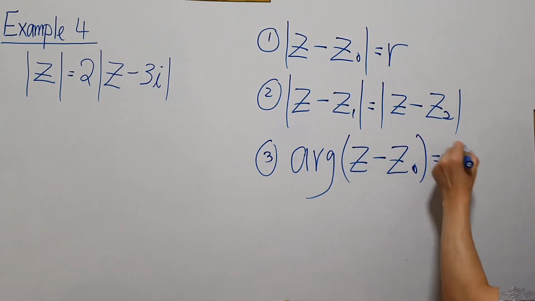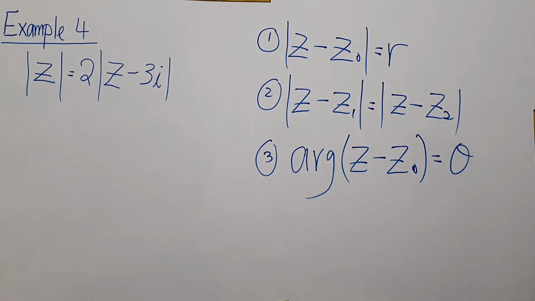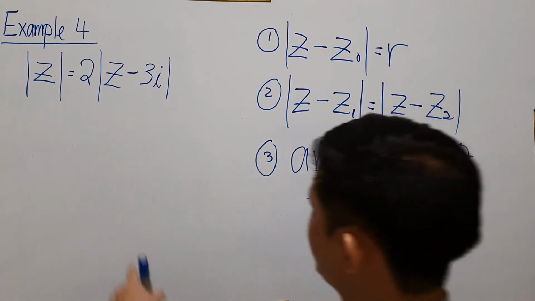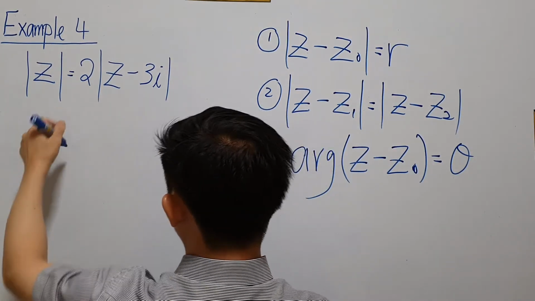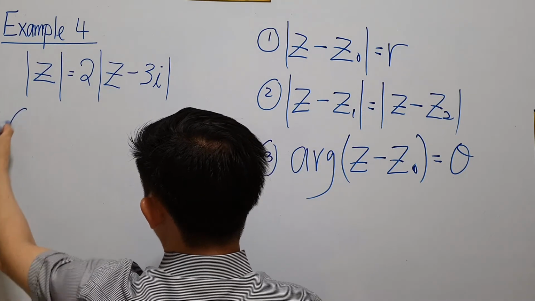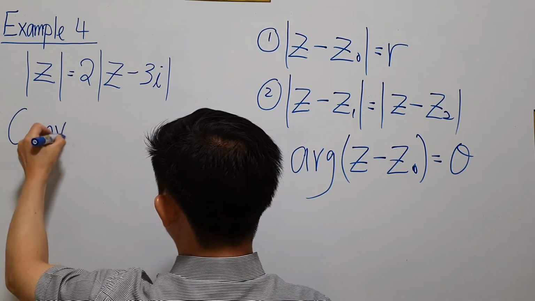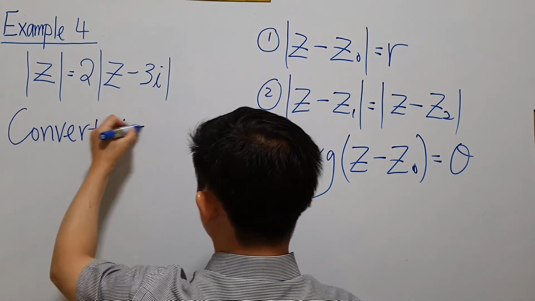So if you look at the case of example 4, you will realize that it doesn't look like any of the first 3. And when that happens, when you cannot identify the type of locus the equation represents, you can do something like this. This is actually a complex number equation. From a complex number equation, you can think of converting it into